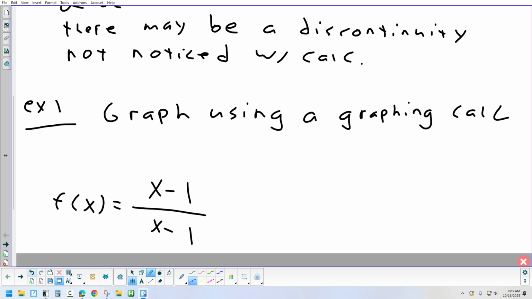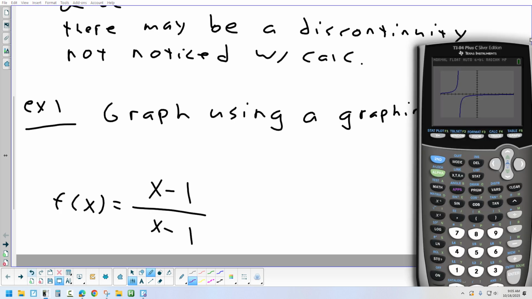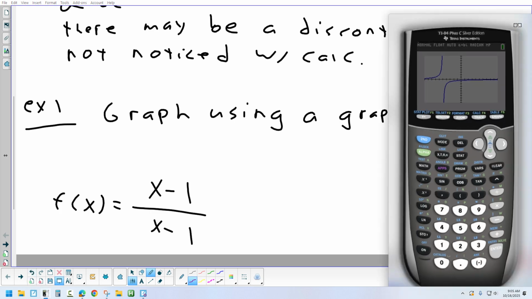So let's graph this and see what happens. First, before I graph it, what value would you plug in for x that causes this graph to be undefined? Yep? 1. Okay, so 1 is where it's undefined. Am I going to have a hole in the graph at 1? Or am I going to have a vertical asymptote at 1? Yep. I'm going to have a hole. Yep. So when we graph this,